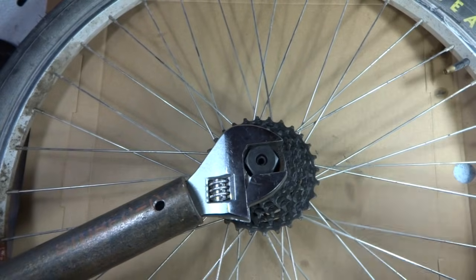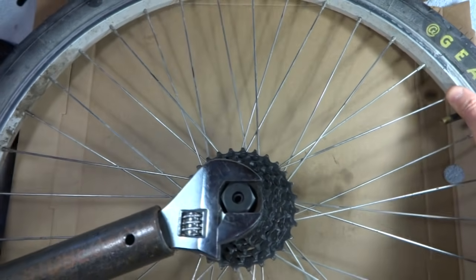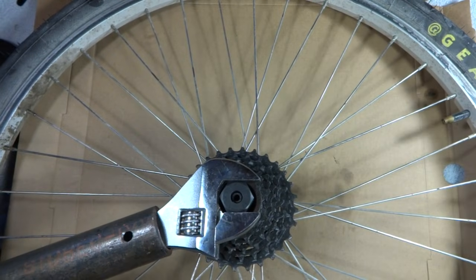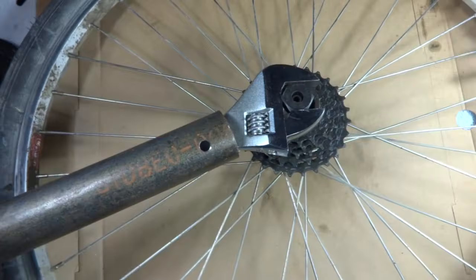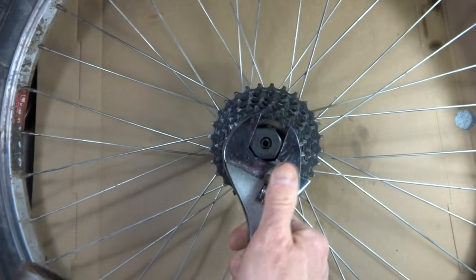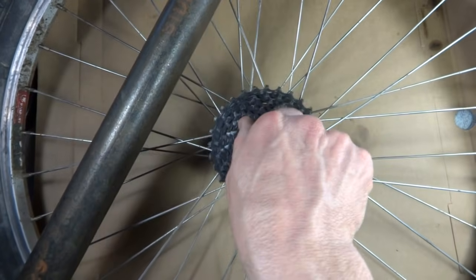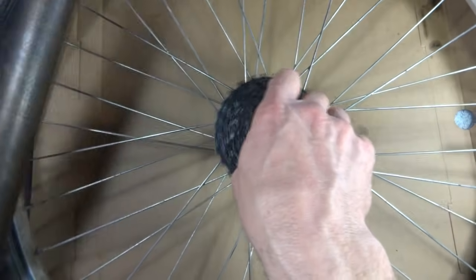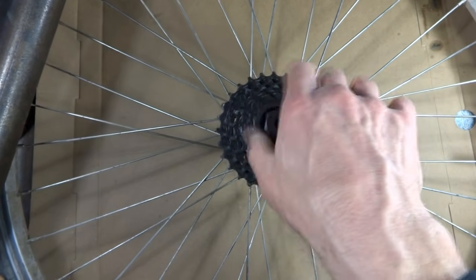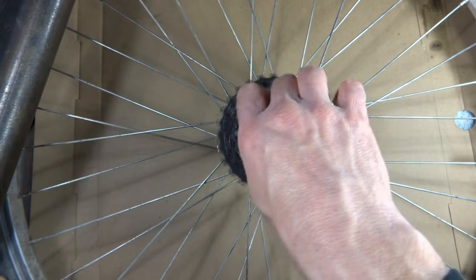So, let's slide my cheater bar on here and hopefully get this thing to move. Got it. Okay, once you get it broken loose, then it's generally pretty easy. Just go ahead and turn the tool counterclockwise till the freewheel comes off,